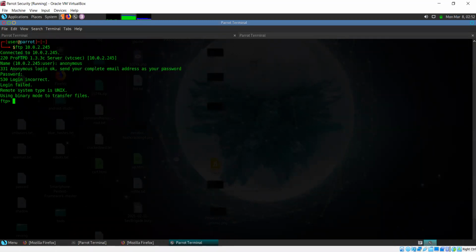So anonymous login is out of the question, but it's still worth keeping in mind that there is always a possibility of an anonymous login in FTP. So whenever you come across an FTP server, this is something you can attempt. Since there is no anonymous login present here, I just exit it. This is worth trying though, if you ever see an FTP server.